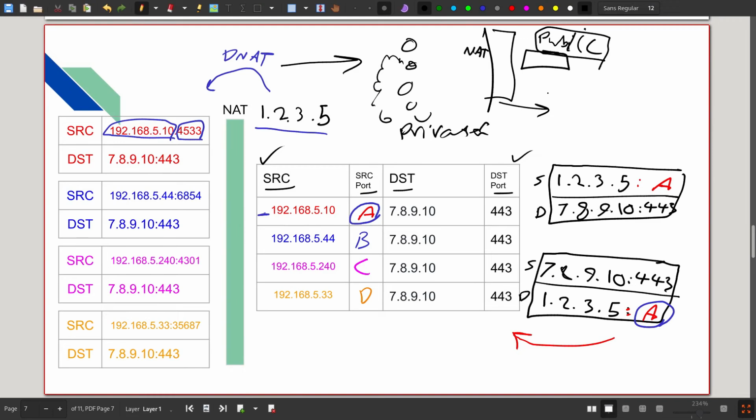And you can extend it to a larger scale. For internet service providers, you can now understand how internet service providers provide the internet for millions of customers on their client side, and all of them don't need to have fixed and dedicated public IPs